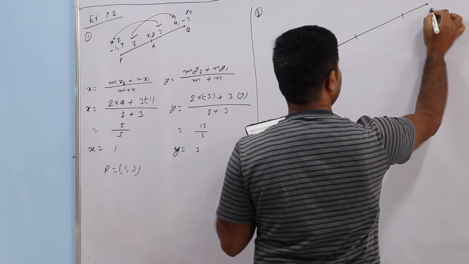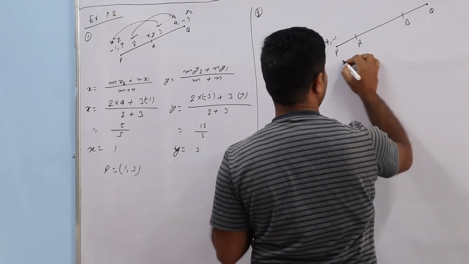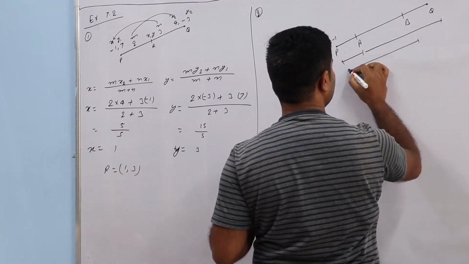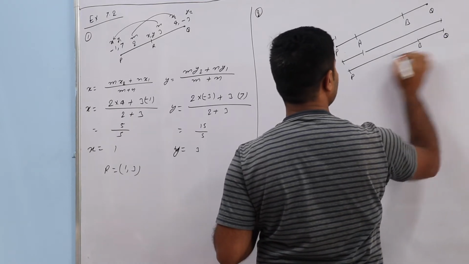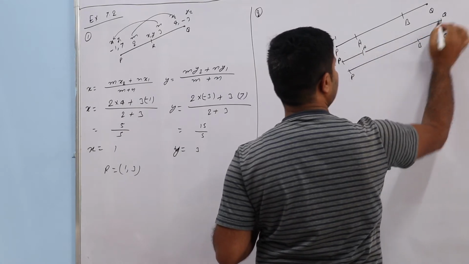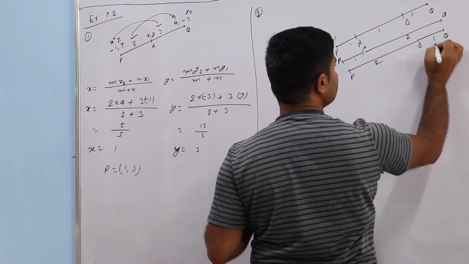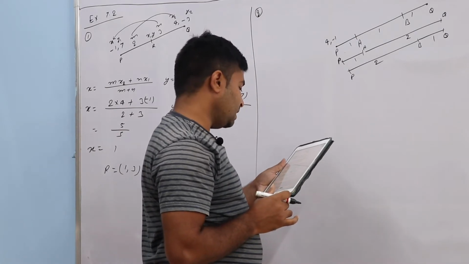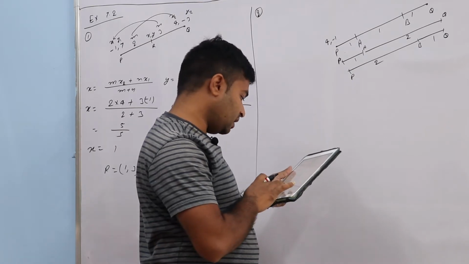Here take A, B. One time I told, take from here to here and here to here. One time P, A and Q. So it is 1, 1, 1. So one time this is 1, this is 2, this is 2, this is 1. Yesterday only I have told. So now just apply the section formula and get the answer.